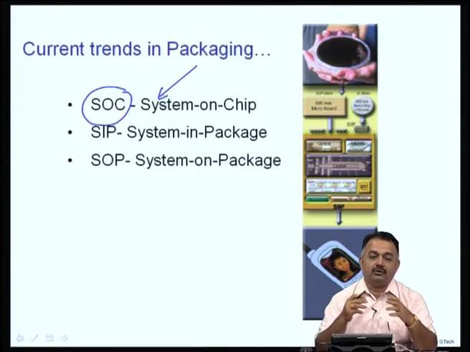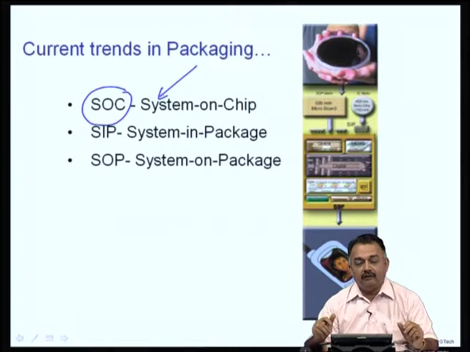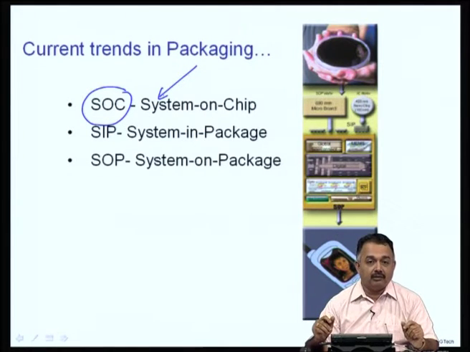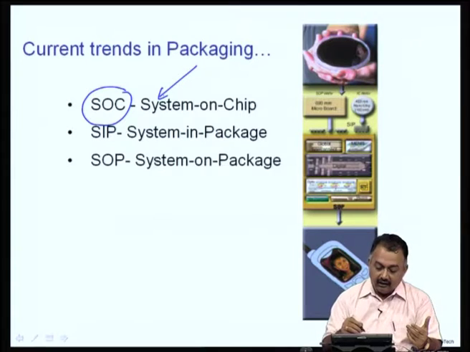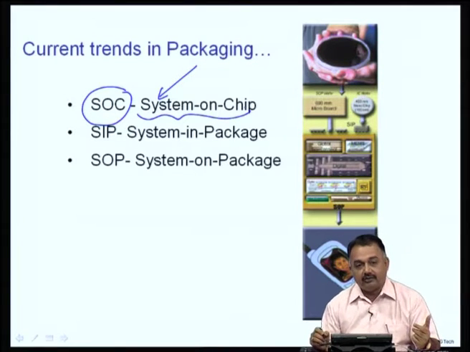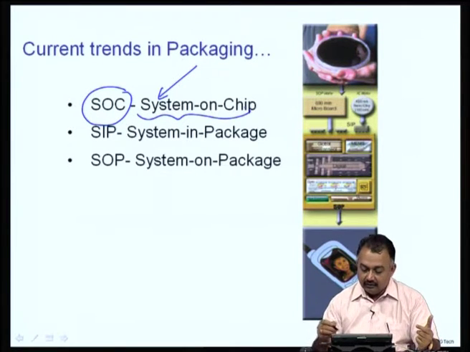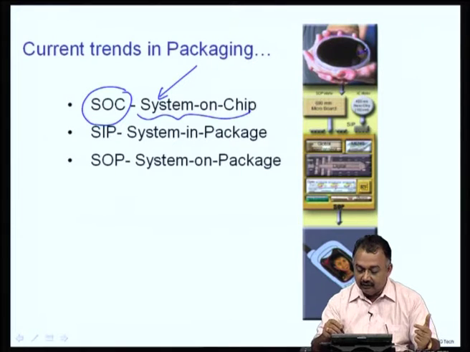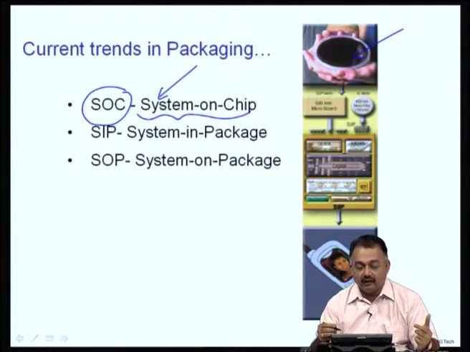So, instead of using 2 or 3 different chips for different functionalities, or due to limitations in manufacturing process, because of current technological changes, you are able to integrate or increase the density or packaging efficiency at the chip level, and the entire interconnections of such a system can be called a system on a chip, SoC. Okay. So, SoC, if you look at this figure, will take place at this level, at the chip level.